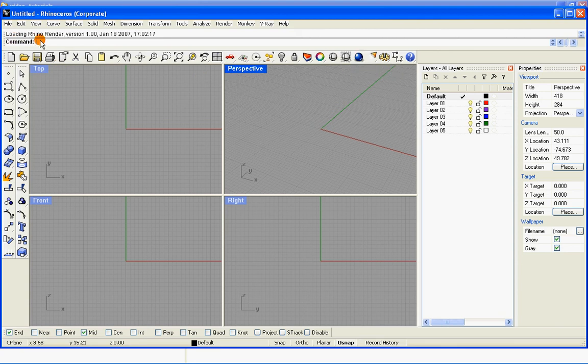The top one is very important: it is where you type the commands and orders for the things that you want to do. You just write down what you want here and press enter, and it will do whatever you want it to do. The other way is